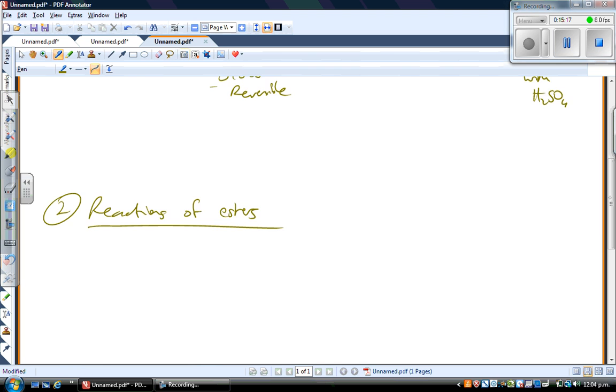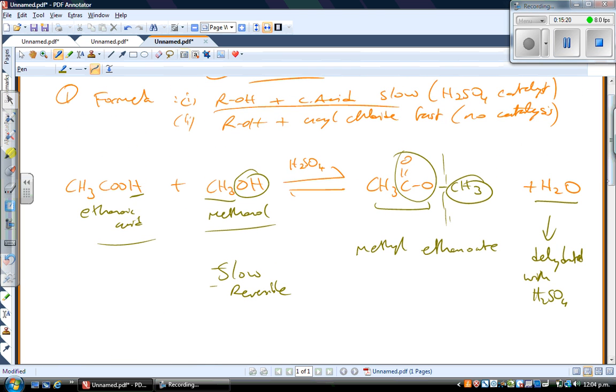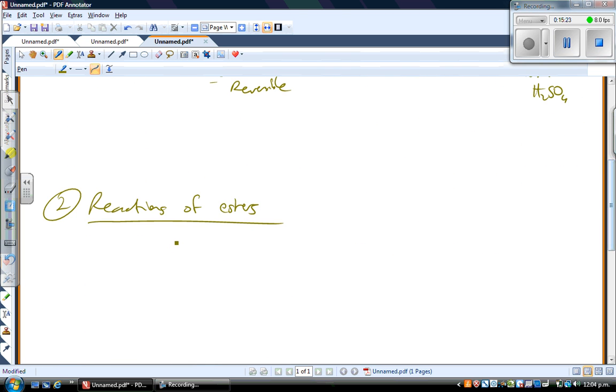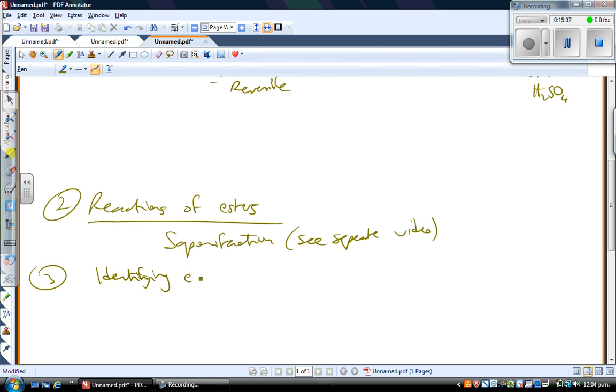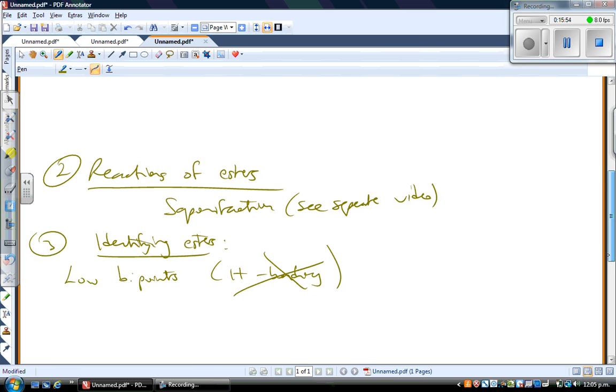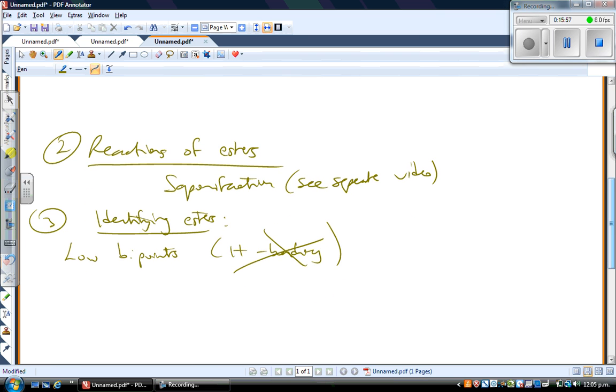If we go back to our particular page here, just with esters, now tests for esters, so that's really kind of the page with the introduction. So see separate video. Okay, so tests for esters or identifying esters. Okay, so esters have quite low boiling points because they're incapable of hydrogen bonding. So no hydrogen bonding. So as a result, esters will vaporize very easily at room temperature and pressure, so they